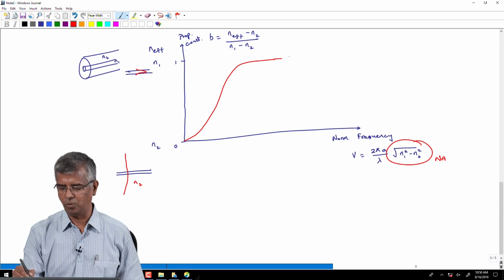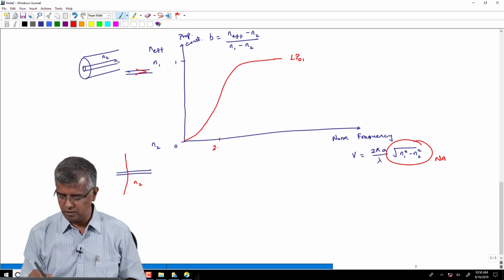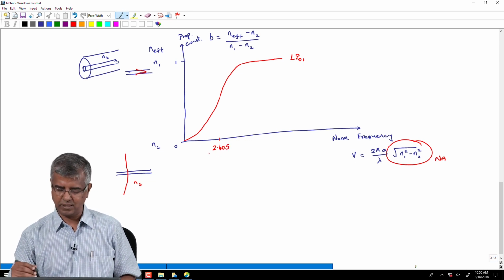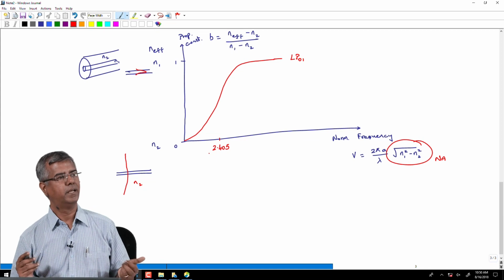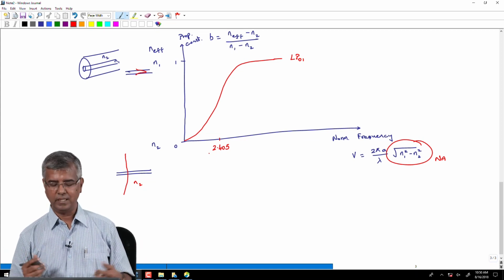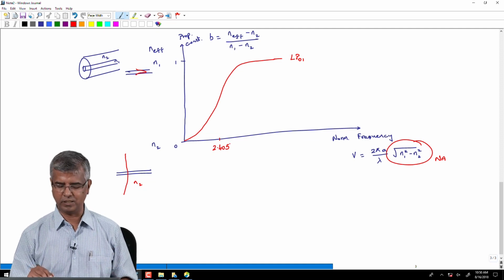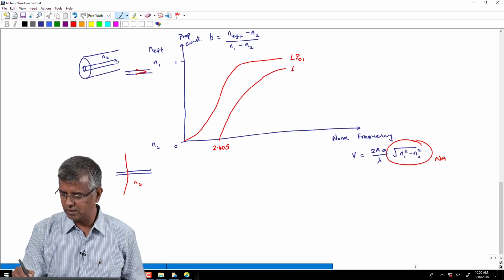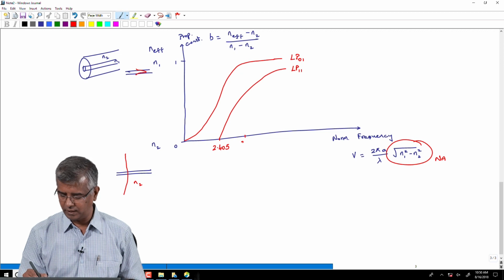You have a fundamental mode which is also called the LP01 mode. And then at a specific value of 2.405, where does that come from? It comes from the fact that when you solve the wave equation and look at the field configurations, they will be expressed in terms of Bessel functions, and 2.405 corresponds to the first zero of the zeroth order Bessel function. So, you will find that the next mode comes about like this, and that is called the LP11 mode, and then at another value of